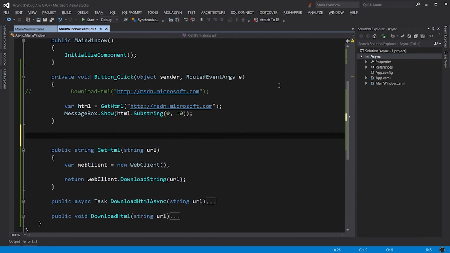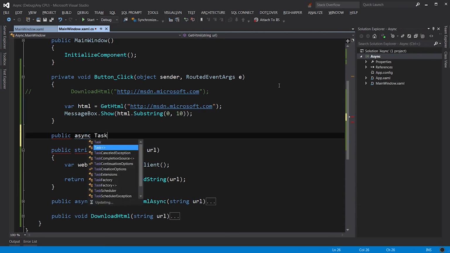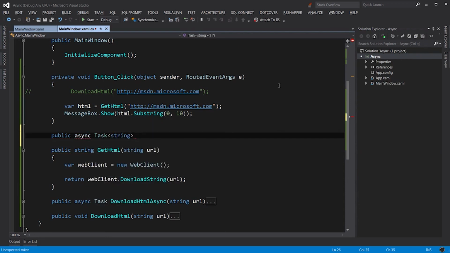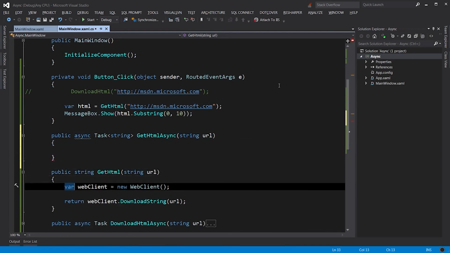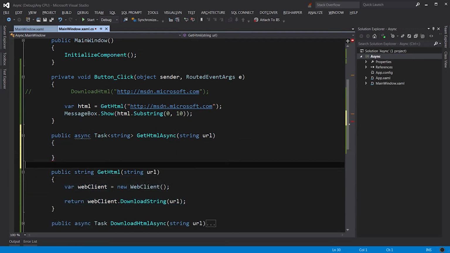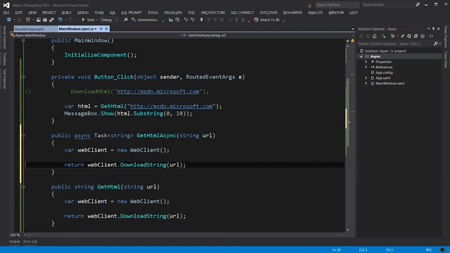So we start with async. Instead of returning a string, we need to return a Task of a string. Call it GetHtmlAsync. Takes a URL. I'm going to copy paste this code into here. Now this time,